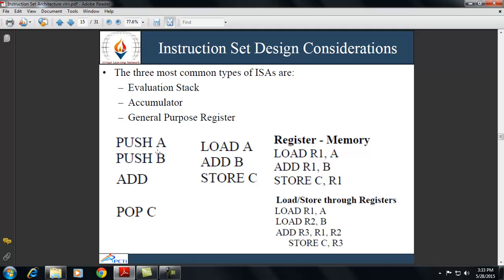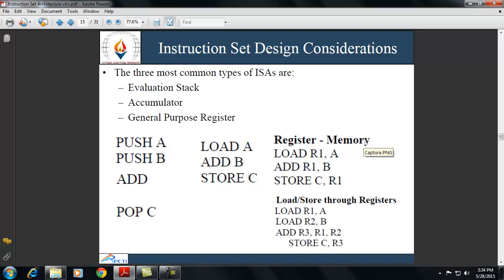You can see push A, push B. On the stack machine, if we want to perform C is equal to A plus B, then we can implement it by using push A, push B, then add and pop C. That is load A, add B and store C. You can see register and